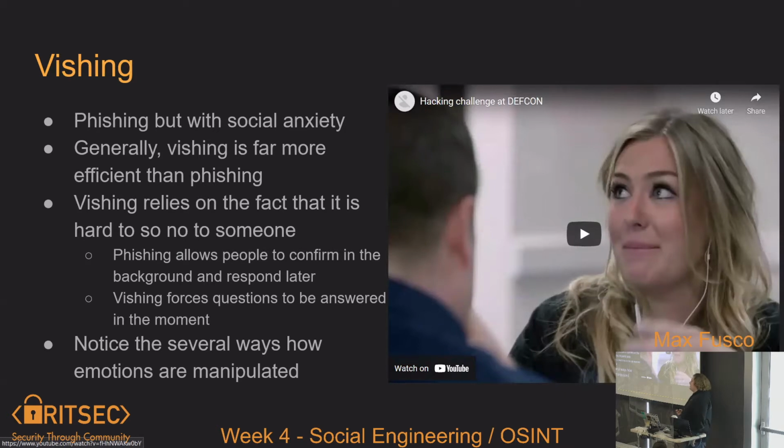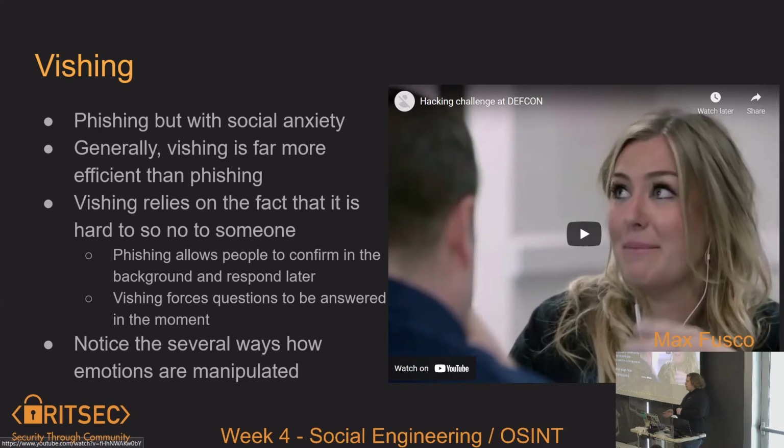Vishing. It's a subset of phishing, when you're physically talking to someone. I call it phishing with social anxiety, because with phishing you can send 1,000 emails out and see what hits, but you're also much more likely to get detected, because it's easy to put some kind of block in your emails and check everything. You can't detect vishing attempts because they happen in the moment. They're targeted to a single person, and generally, you're not supposed to know. If you're doing something as complex as vishing, you're good enough not to be caught, normally.